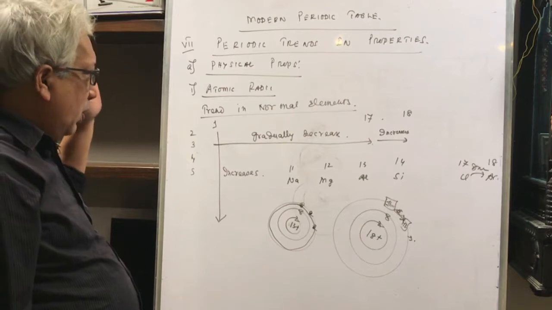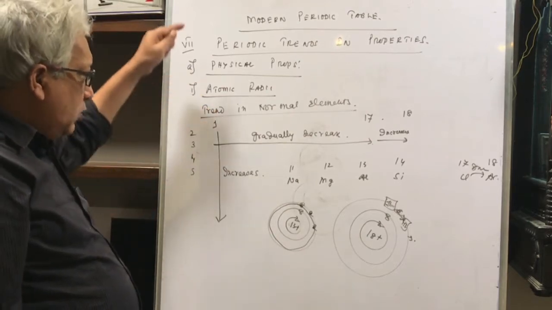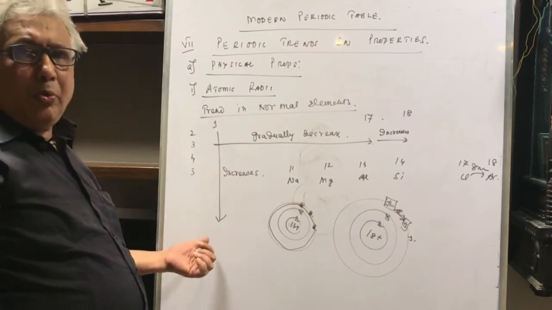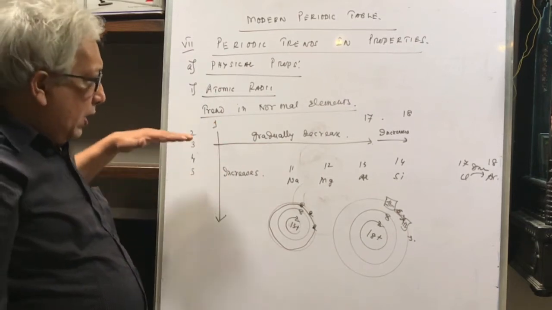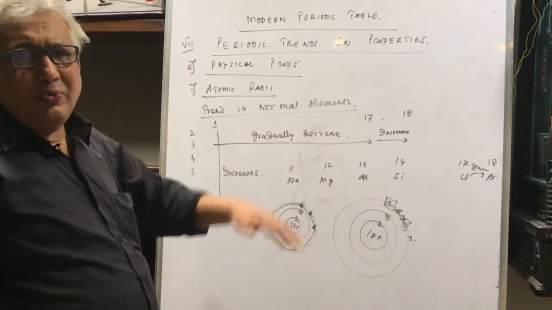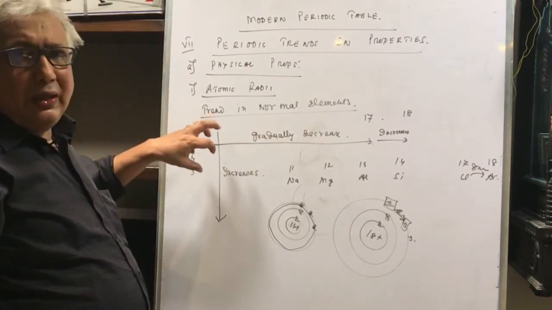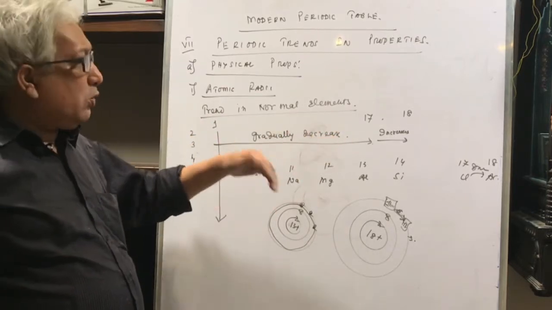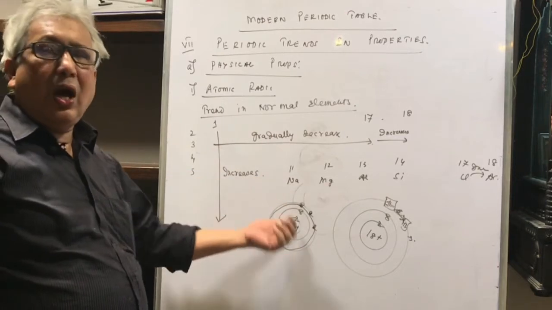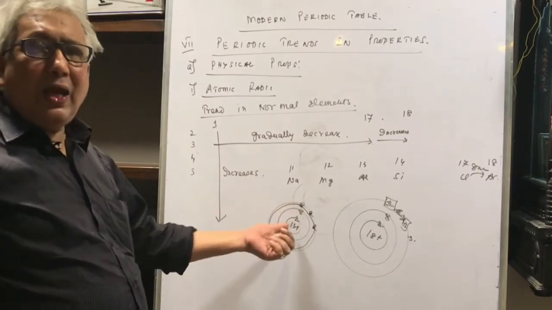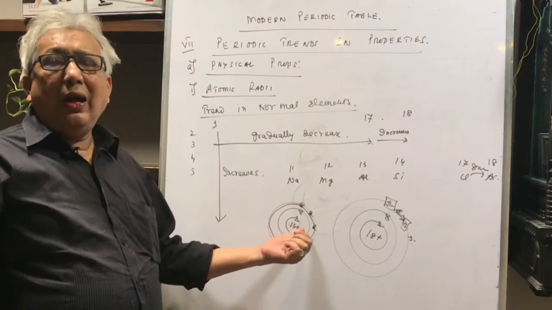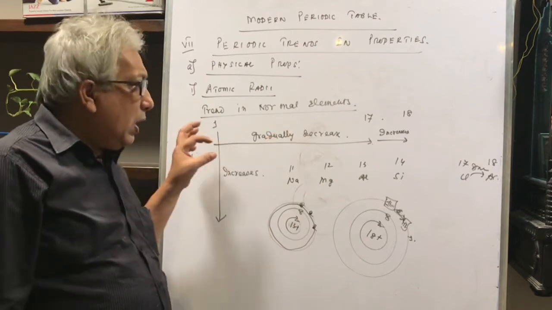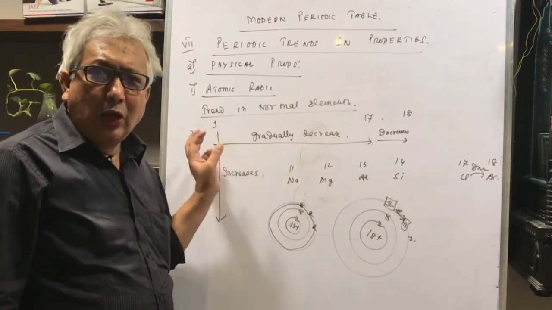So I quickly recap what I said. Trend in the normal elements: as you go down the group, the atomic radius goes on increasing because of the increase in the number of shells to accommodate extra electrons. As you go across the period from group 1 to group 17, the atomic radius gradually decreases due to the increase in nuclear charge, and the electrons get added to the same existing outermost shell. So in the existing outermost shell, the nuclear attraction experienced becomes more, therefore there is gradual shrinkage of the outermost shell, and therefore there is a gradual decrease in the atomic radius.